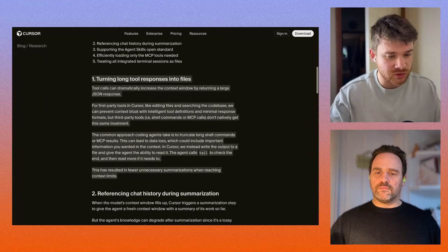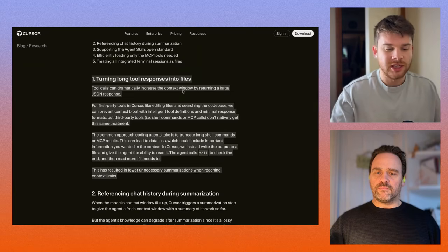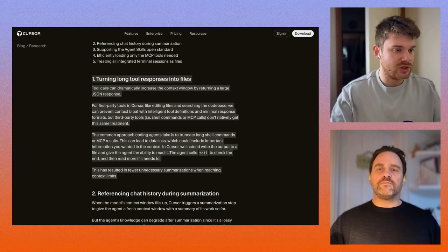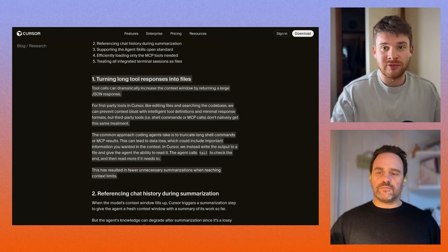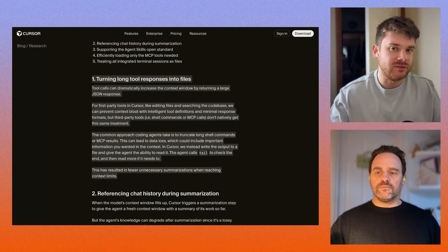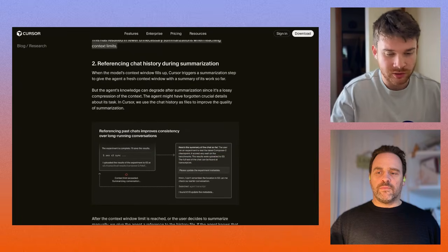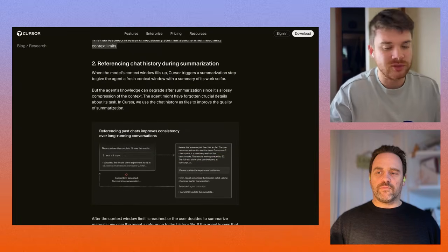So yeah, this is the one that really interests me: turning long tool call responses, and context that gets created during conversations, into memory files and task lists, and allowing the model to just read and write to those memory files and dump it when it doesn't need it, instead of just letting it stack up in a linear fashion. The only other one which I find interesting, before we wrap up this video,